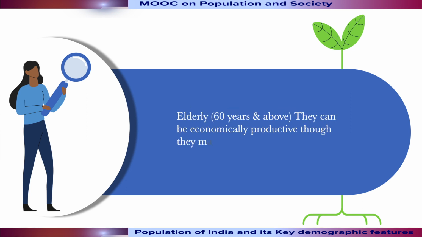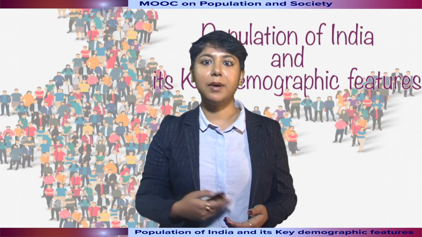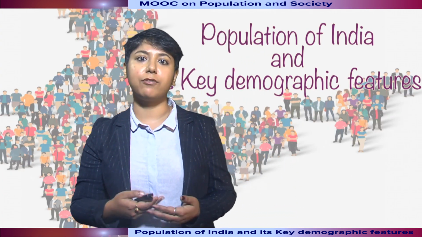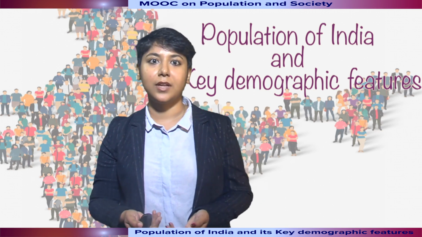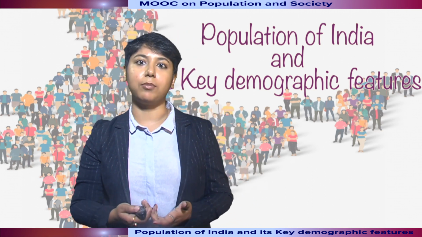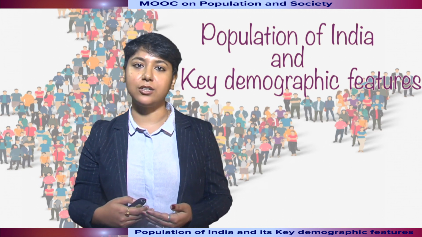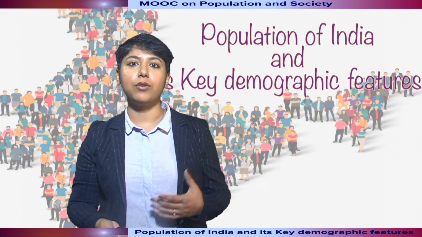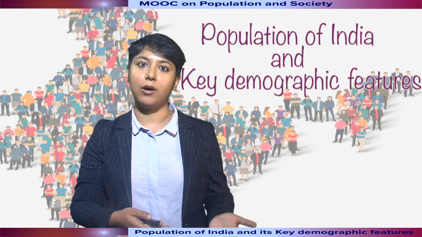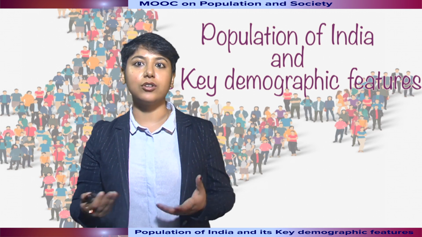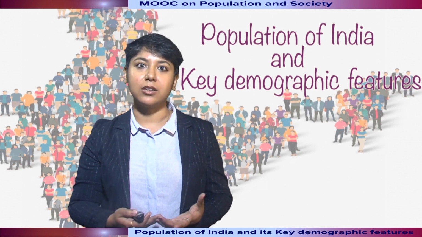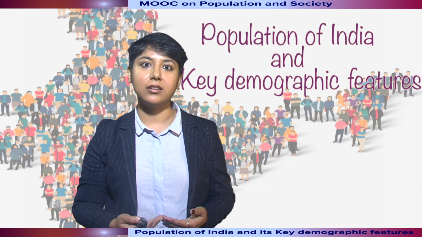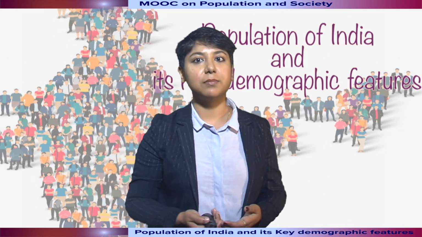Third category is the elderly, the 60 years and above, who are economically unproductive, though they may have retired, and they may be working voluntarily, but they are not available for employment through recruitment. So these are the three broad categories that population is usually classified into on the basis of age. A larger percentage of dependent population, like we already talked about, children and the elderly constitute the dependent population. So a larger population which is dependent tends to reduce the savings and investment as they are dependent